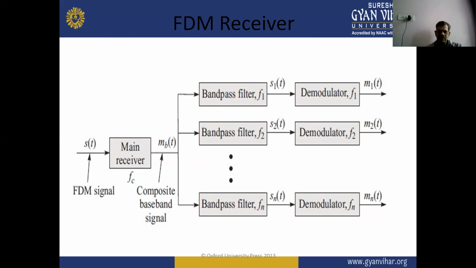And output of these filters is S1, S2, and Sn. And these different filter outputs are applied to the different demodulators, and output of these demodulators is the original signal or baseband signal or modulating signal at the end of the receivers. So this is the FDM receiver block diagram,